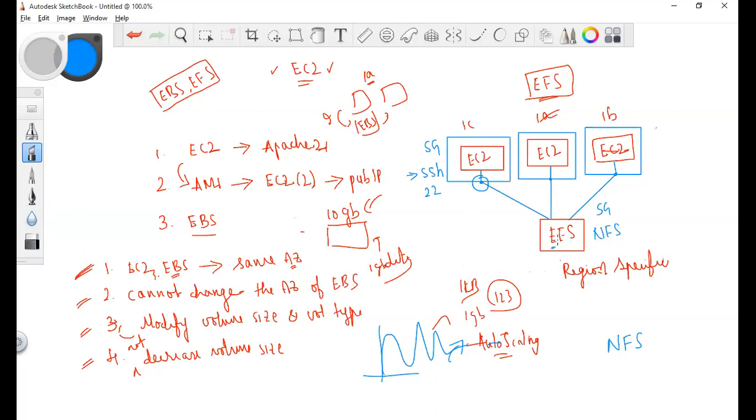This EFS will act as a file server and this EC2 instance should act like an NFS client. So first of all, we should make this EC2 instance an NFS client by installing an NFS client on this EC2 instance, and then we will be able to mount to this EFS.